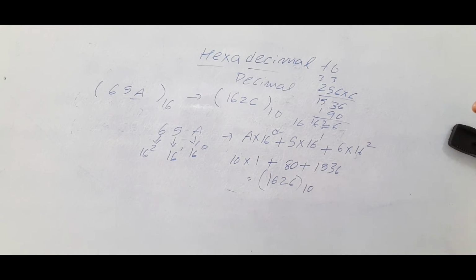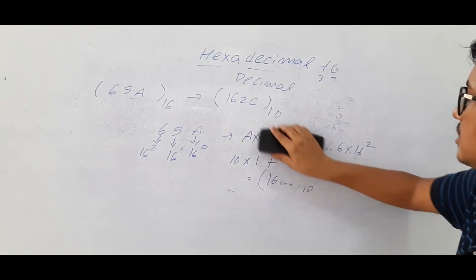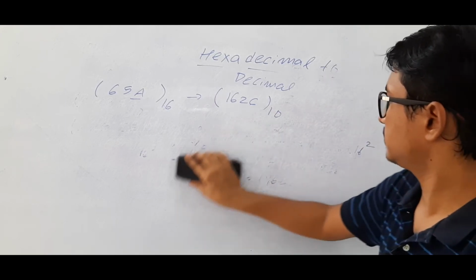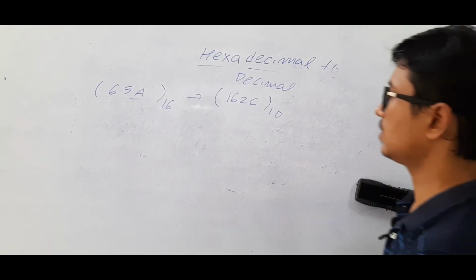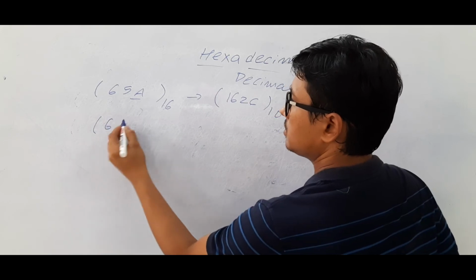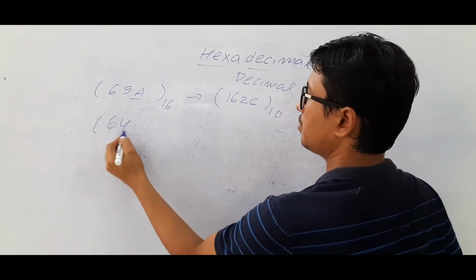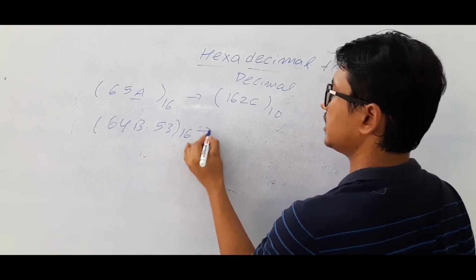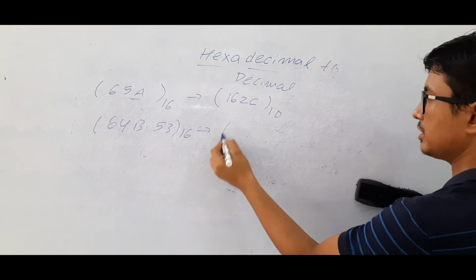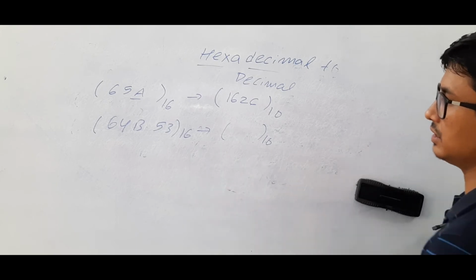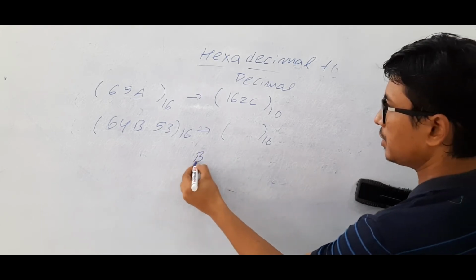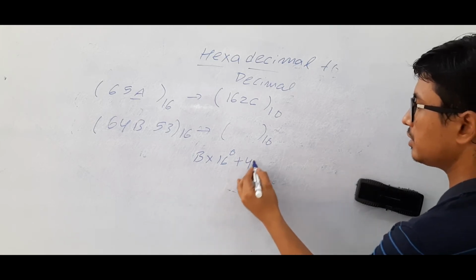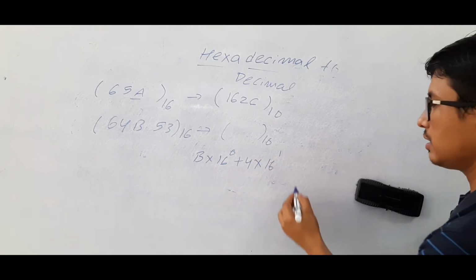Are you able to understand it or not? Now we will discuss another example for better understanding. (64B.53 base 16) I want to convert into decimal number. How I will do it is that B into 16 power 0 plus 4 into 16 power 1 plus 6